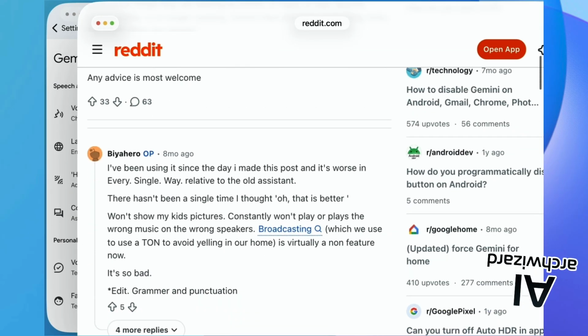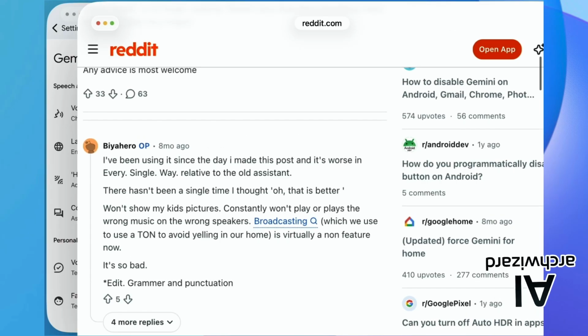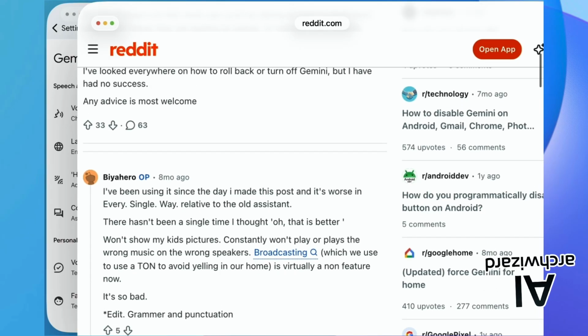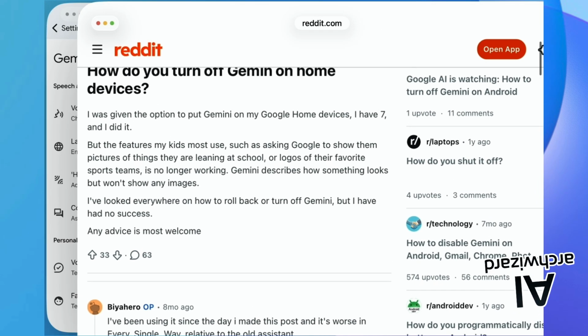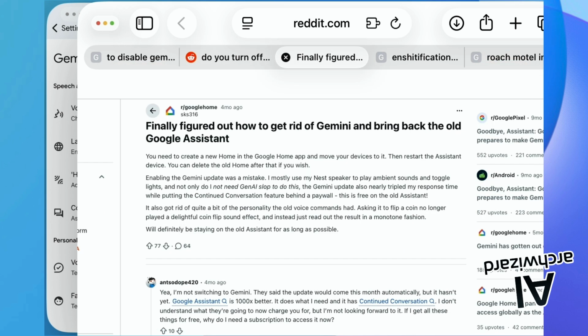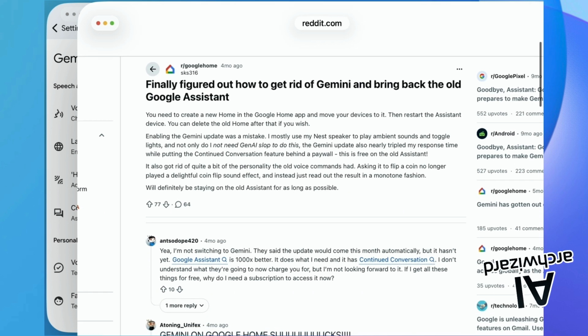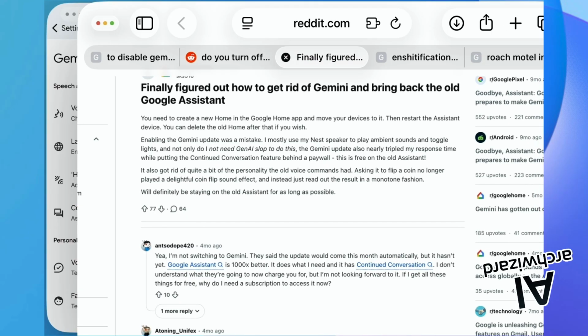And the other complaints that people have: they were showing pictures before, and people are angry that it's not showing pictures now. Here is one comment: Enabling the Gemini update on my Google Home speaker was a mistake.